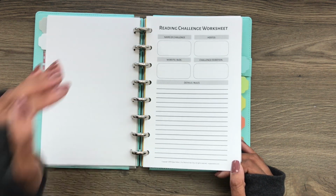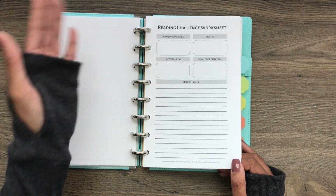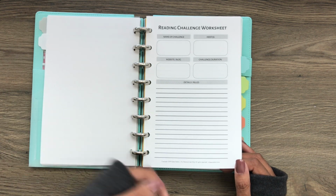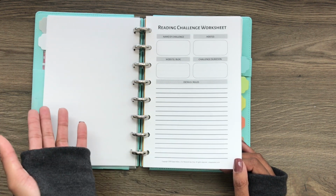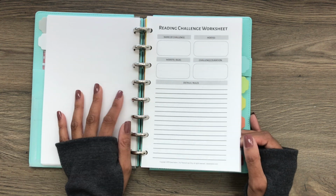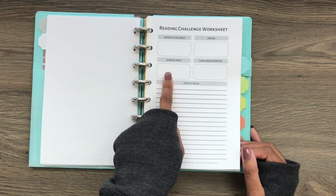They are out there. Every year, the list is formed, so to speak, online. So find the reading challenges for the year and see what you might want to engage in. There's a lot of cool stuff out there. So on this worksheet, you get to write the name of the challenge, who is hosting it, where it's held,